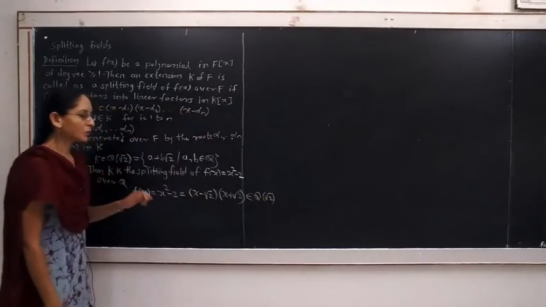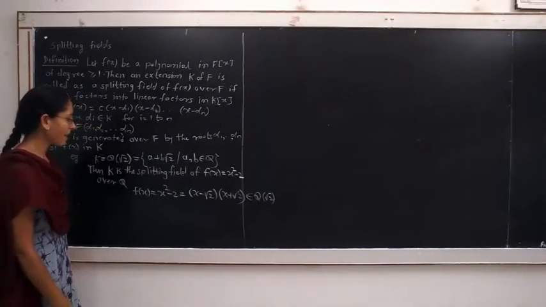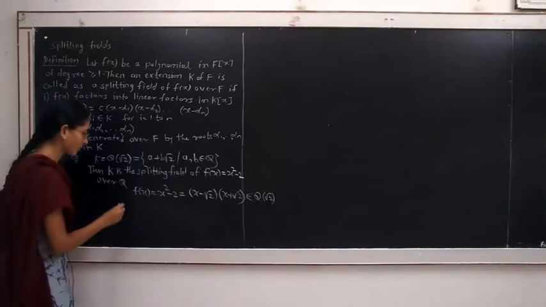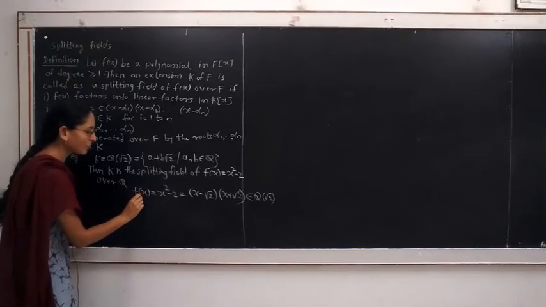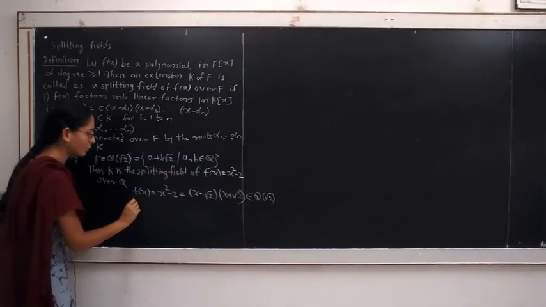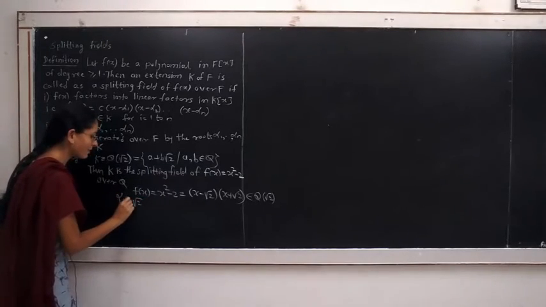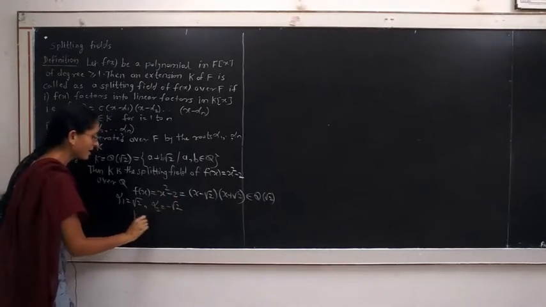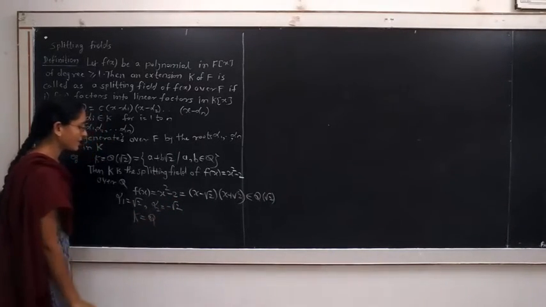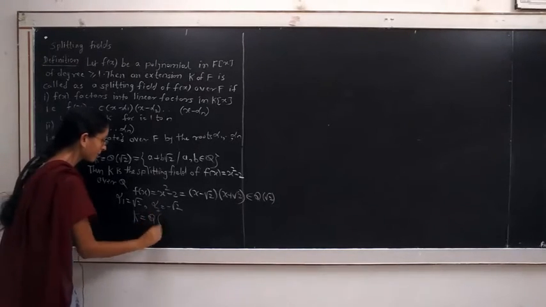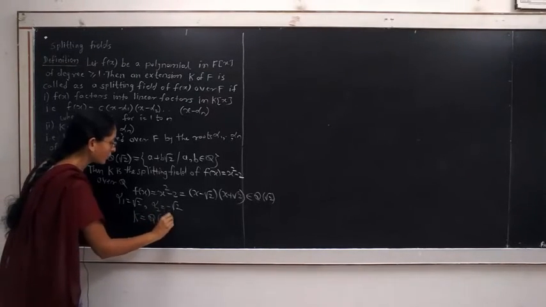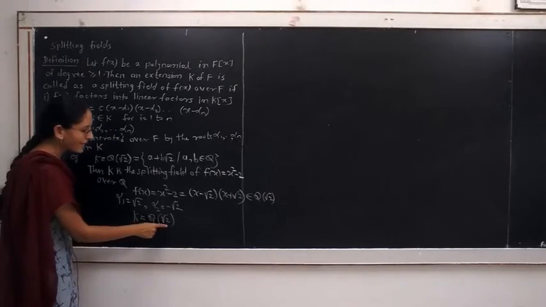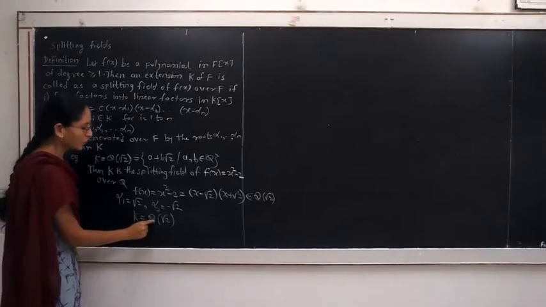Also Q(root 2) is the field generated by all the roots of the polynomial f(x) over Q. The roots of the polynomial f(x) are plus root 2 and minus root 2, means alpha 1 is equal to root 2 and alpha 2 is equal to minus root 2, and the field K is formed by the extension generated by root 2 over the field Q. K is the finitely generated extension Q(root 2).